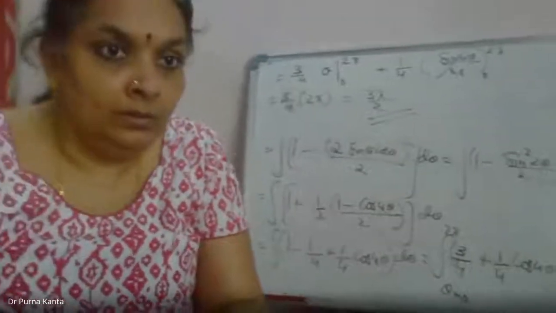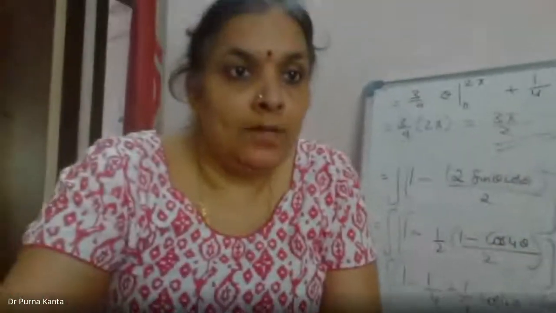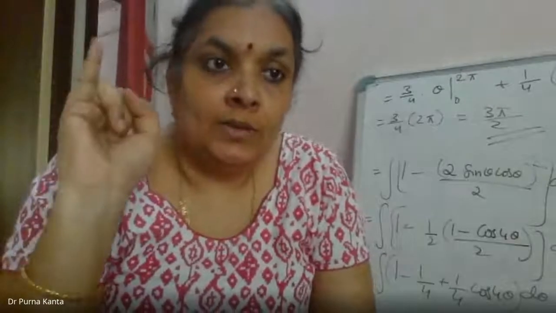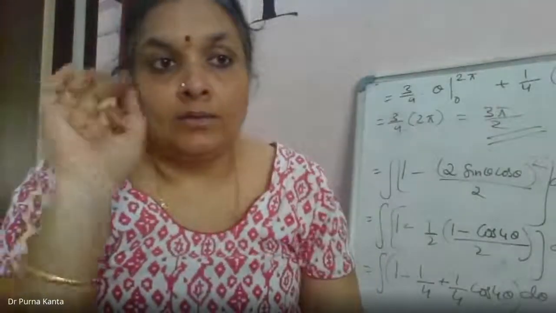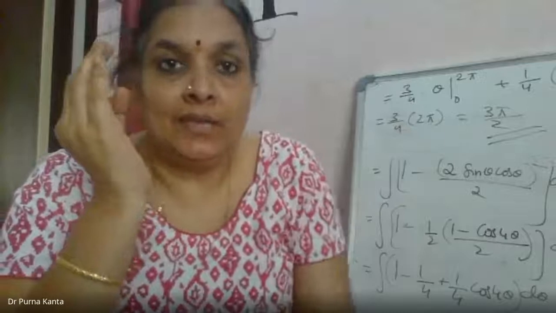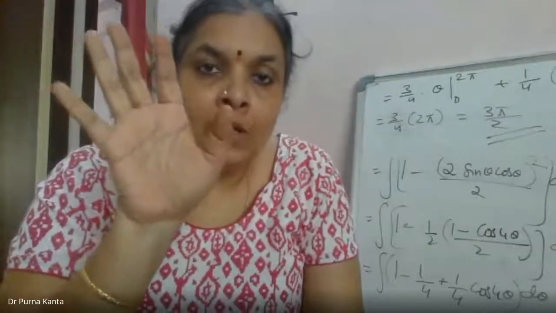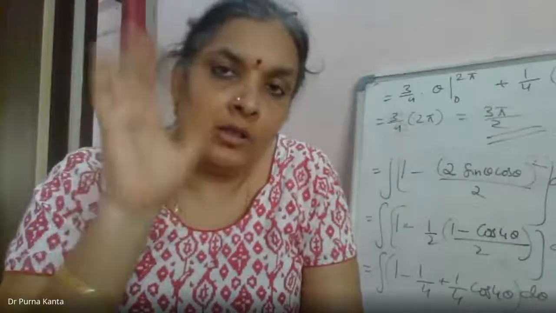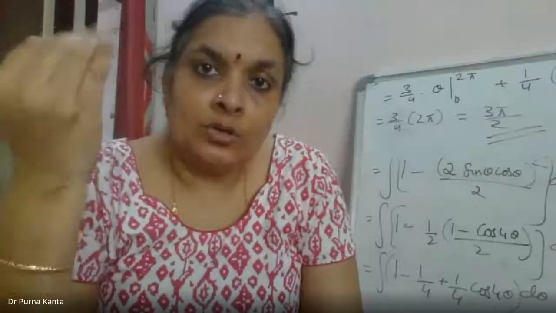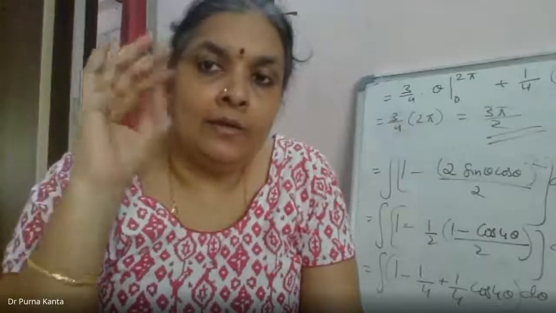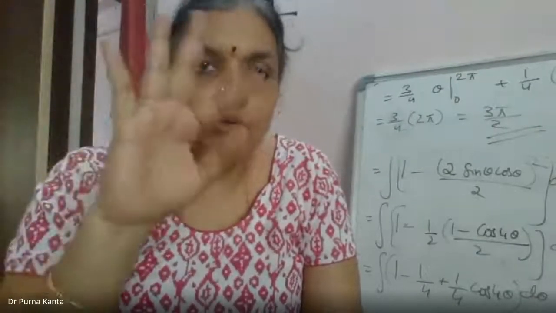Did you complete it? So what did we learn today? We learned Stokes theorem. In Stokes theorem we have seen the verification part. 3 different types of surfaces we have seen. One is an open box consisting of 5 surfaces. We have seen the surface integral for all the 5 surfaces, taking the projection on the xy plane, which represents a rectangle. Then we calculated the line integral for all the 4 lines. We have shown that both the values are equal.